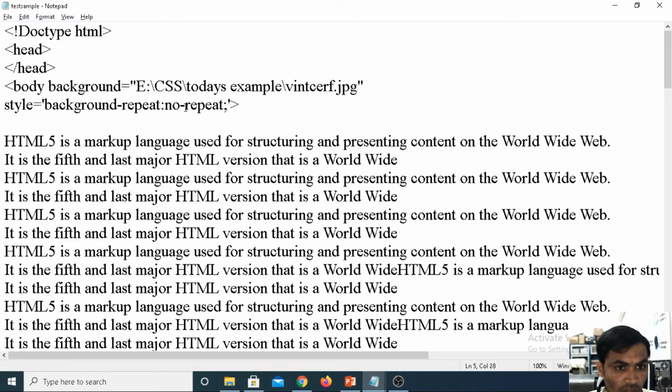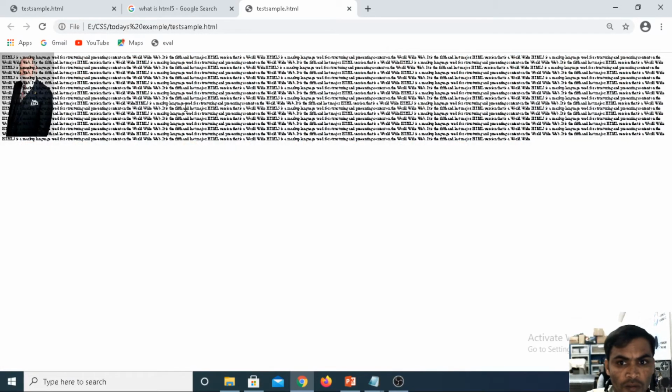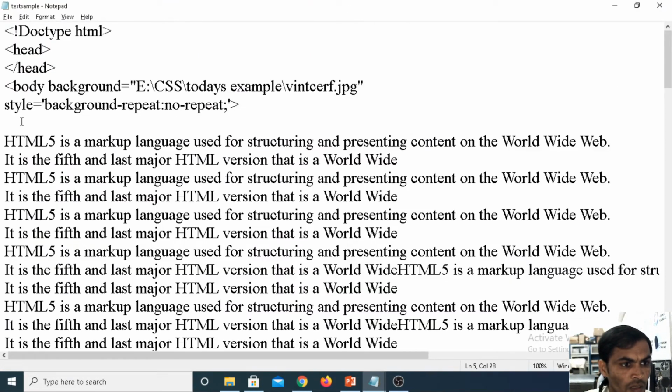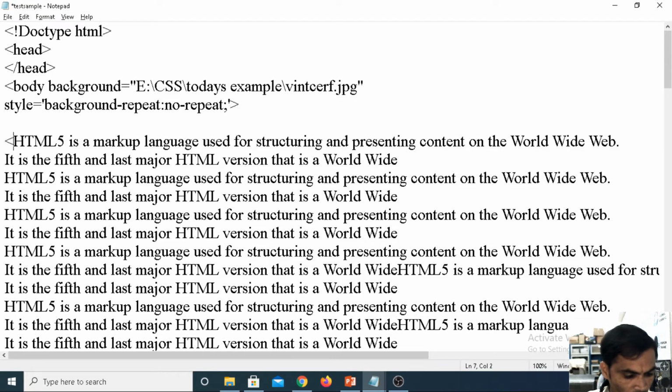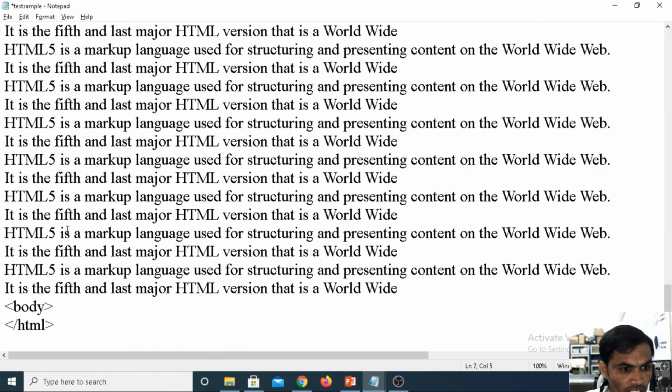Actually it is not save the file, it is no repeat. We are getting the images. For your understanding purpose, I am using the h1 tag for the text message purpose, where multiple text messages will be there.